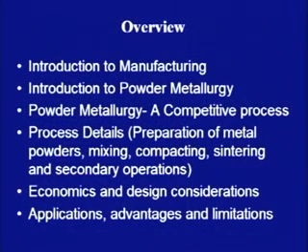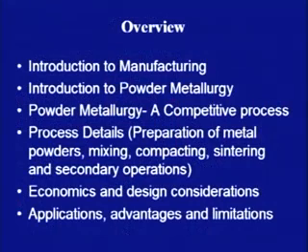Then we will come on to the process details. These process details will encompass preparation of metal powders, mixing, compacting, sintering and secondary operations. Just to give you an overview, powder metallurgy is a process in which we make the powder of the metals. This powder is then mixed with some lubricants or different types of additives. The complete mixture is then compacted. Compacted means it is pressed under die and punch, and then we heat treat it, we give it some temperature,